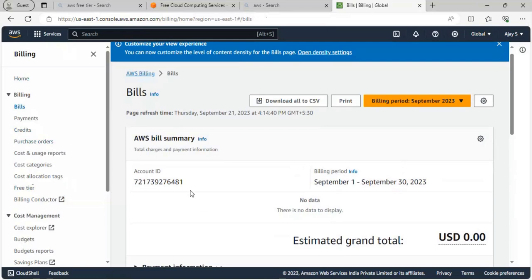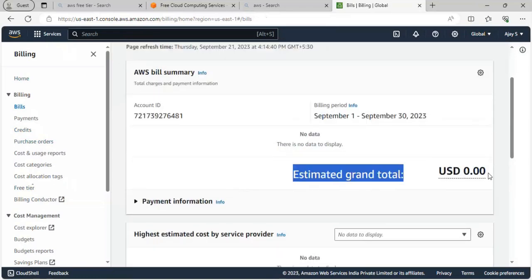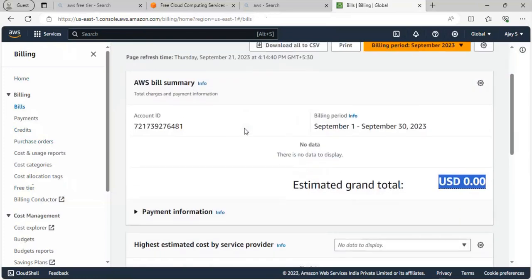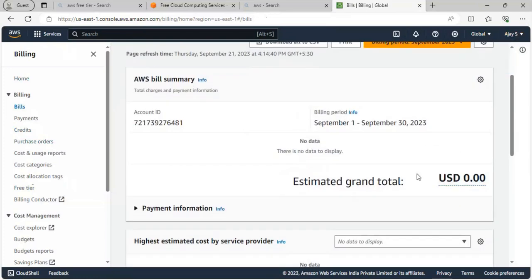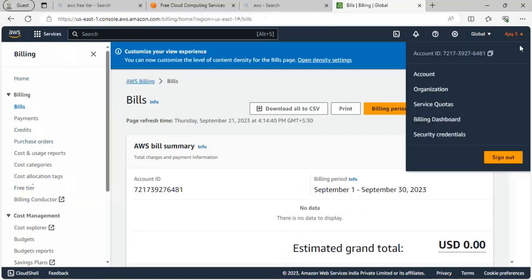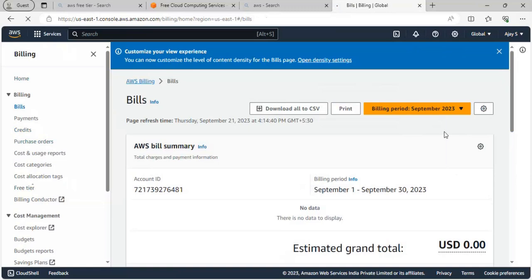You can see now it is showing 0 in bills. If you forgot to do anything, yes, it will be charging you. If anything is charged, you can come to the billing dashboard and see if any amount is charged or not. And if you click on security credentials,